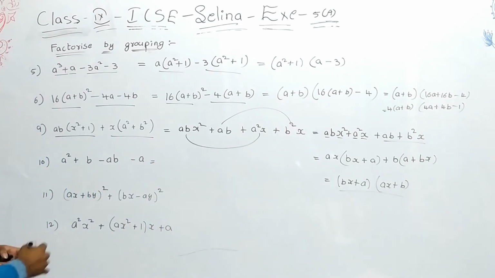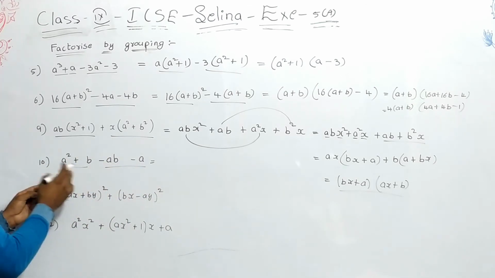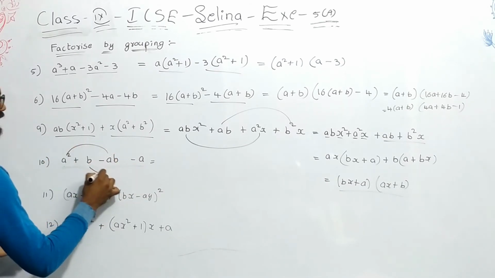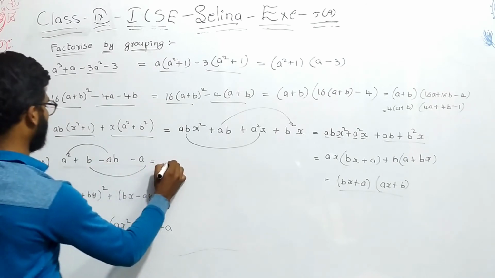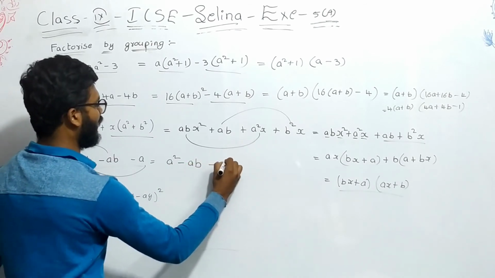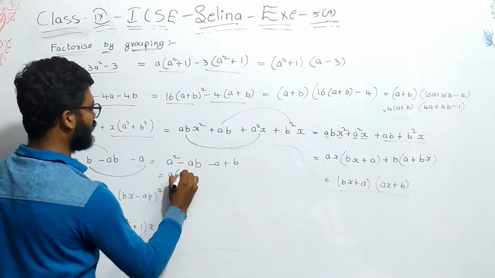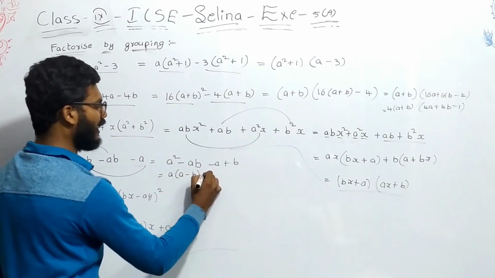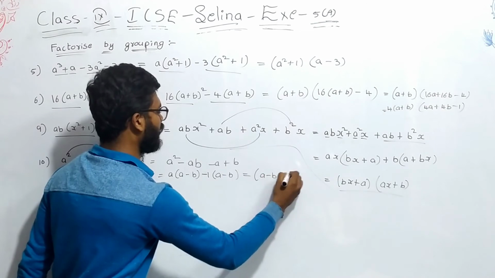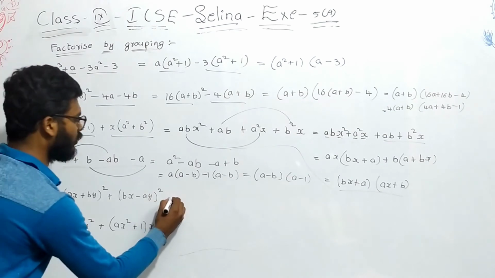Next, see here, same. If you take these two as groups, you cannot get any common factor from them, and again from these two. So, what I have to do is write these two as factors in the same way. So, I am rearranging the terms as a square minus ab minus a plus b. So, if I take out a common, a into a minus b, I want a minus b, right? So, minus 1 is common, a minus b. So, I can get it as a minus b into a minus 1, the factorization for this one. And these two are factors.